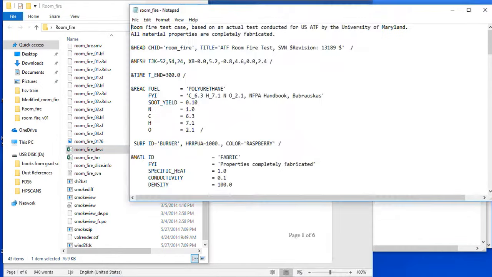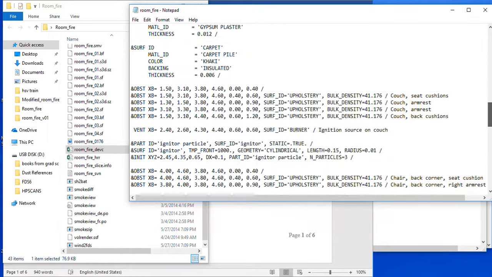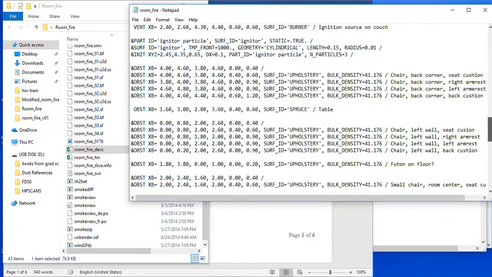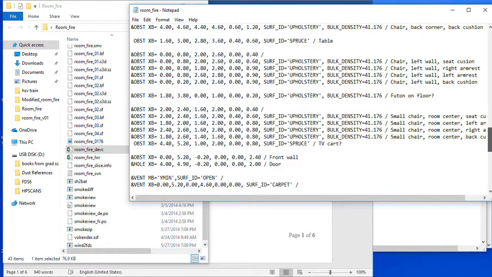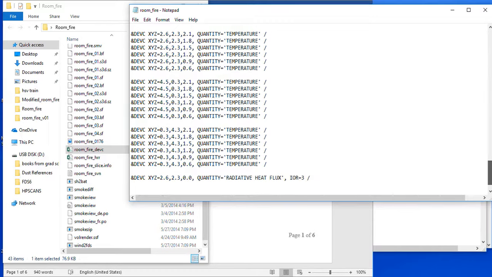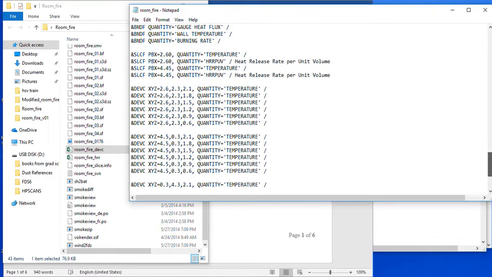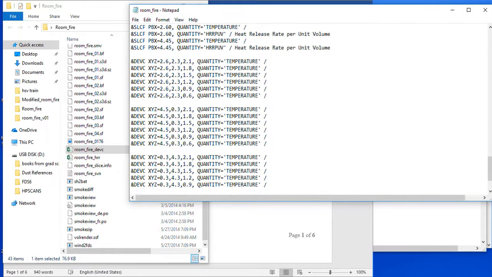if we look at our model, we have all our obstructions, we have our igniter information here. And then down here, these are our thermocouples. These are our slice files. These are our boundary files. And these are thermocouples. And if we looked